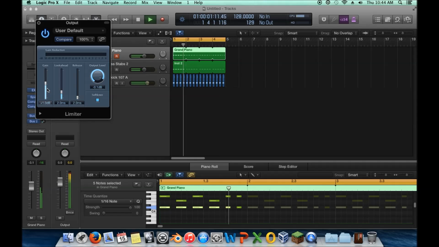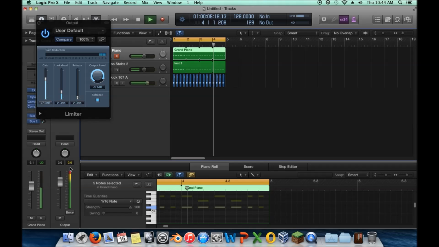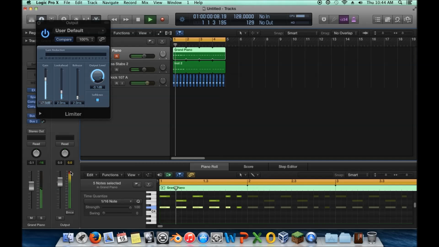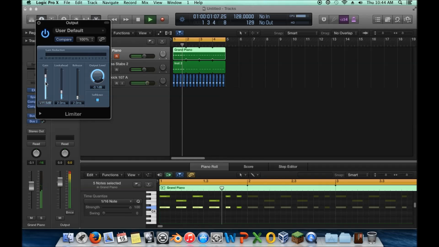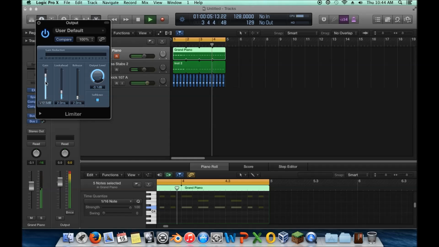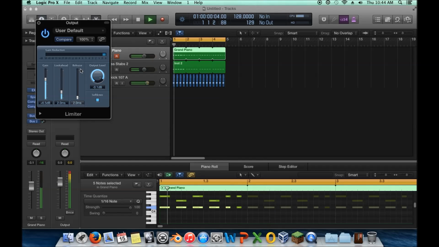So that's another thing you can notice here. I have it right now, it's hitting pretty much 0, you can see right now. But at the same time, I could continue to pull it up and it gets louder, even though mathematically it doesn't get louder. So what it's doing there is it's basically removing dynamics and making it sound louder, even though it's technically not